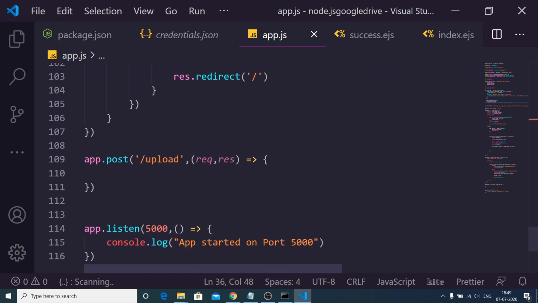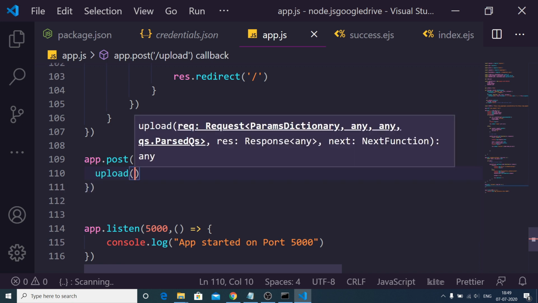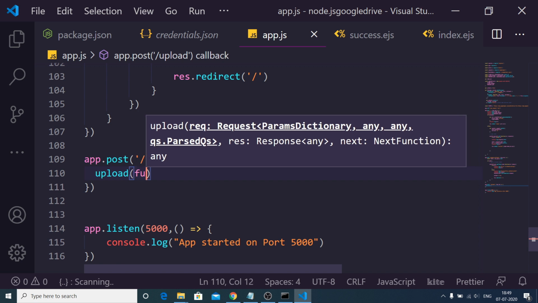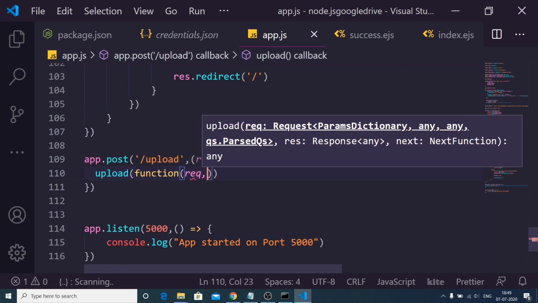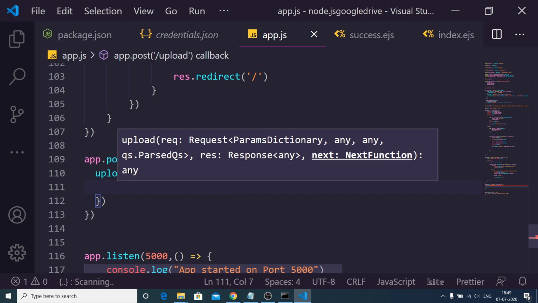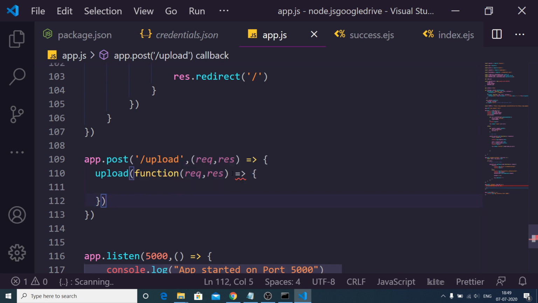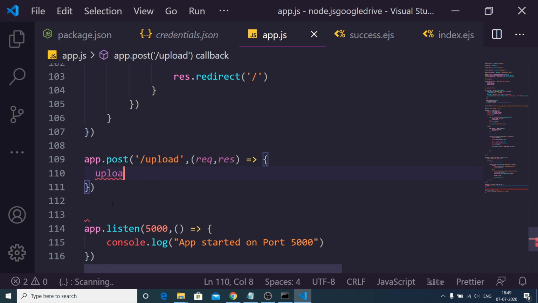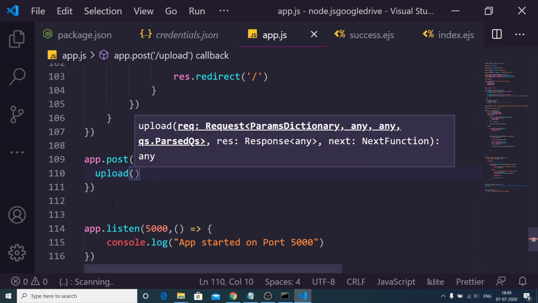So we will call this here, upload function. So this will also have its own request and response like this, and a third parameter will also be there if any kind of error takes place. So let me just once again call this upload.